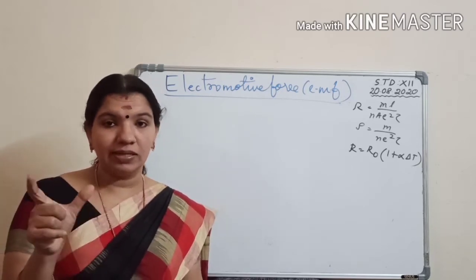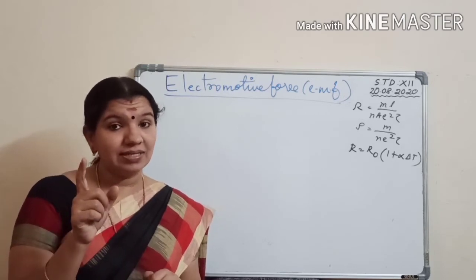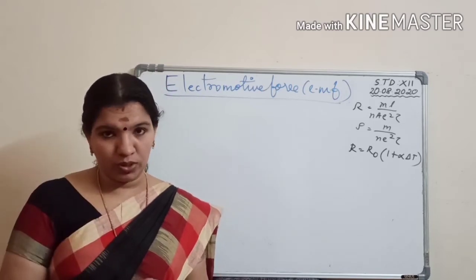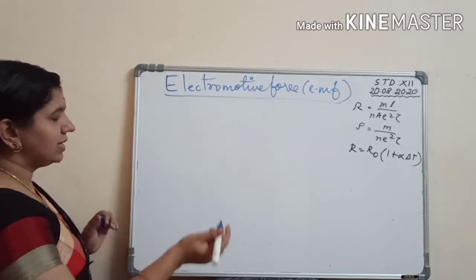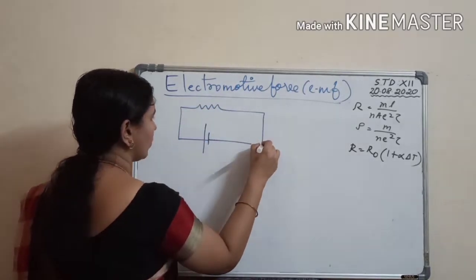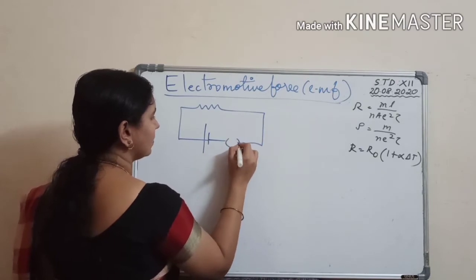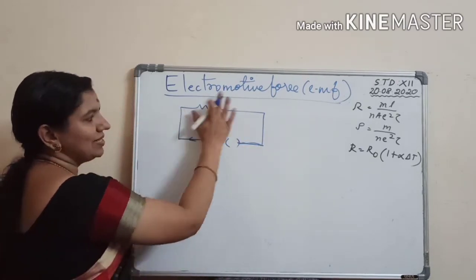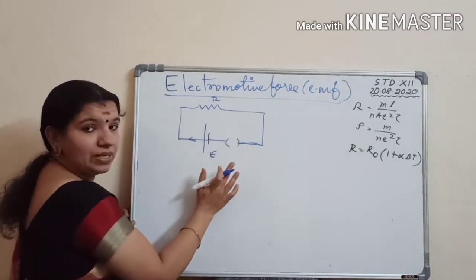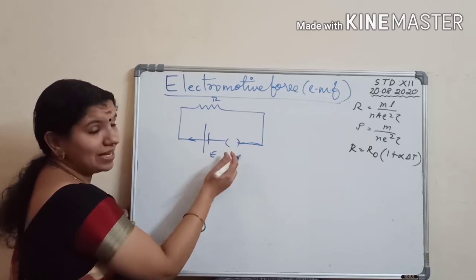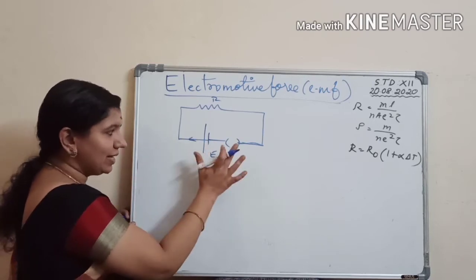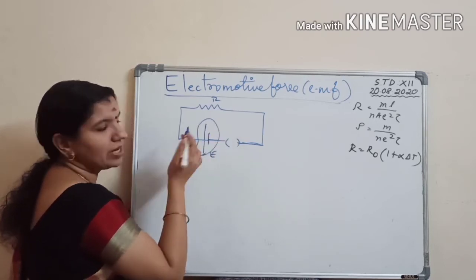The potential between the terminals of a cell, the condition being when the cell is not in use, or when it is in open circuit. Understand? That is, suppose a cell is connected in an electrical circuit, there is a resistance here, and a key is there. Now look here. This is an open circuit, right? I have a cell here, then an open circuit, because the key is not given there. It is in open form.